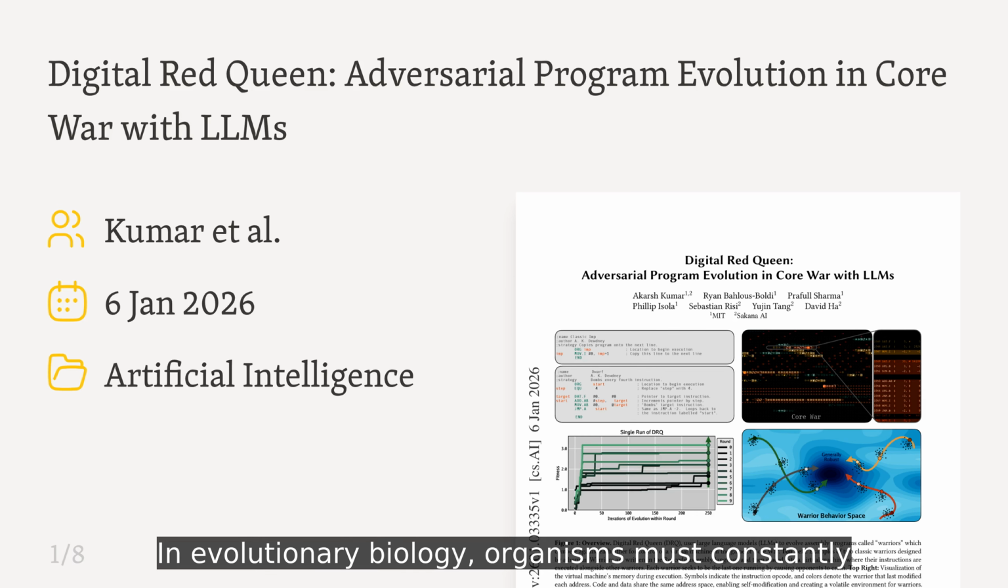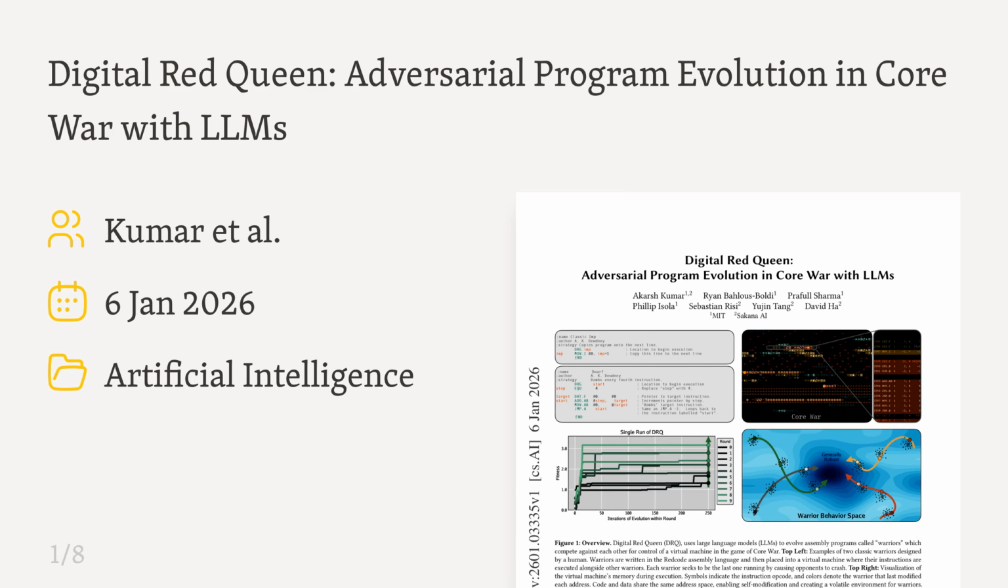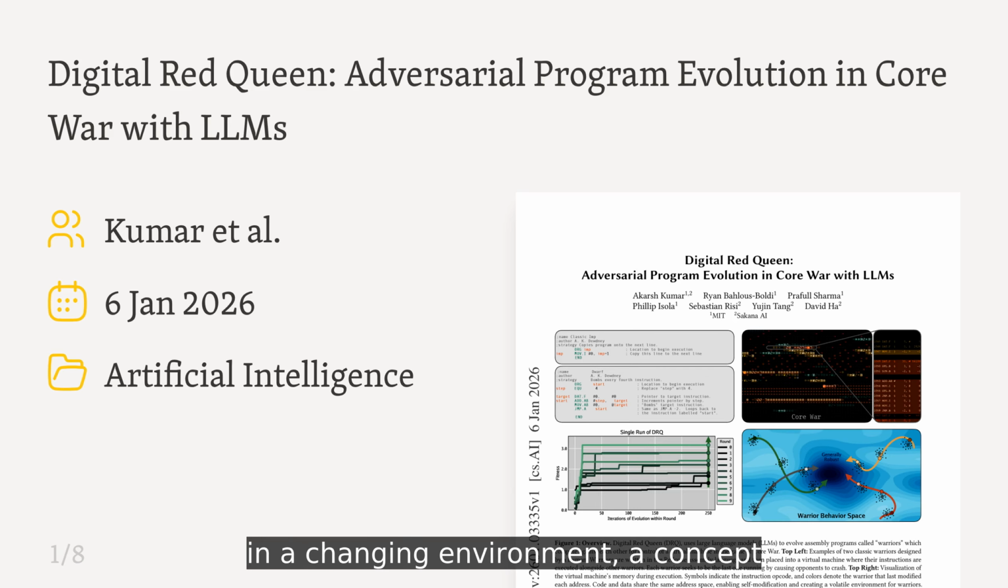In evolutionary biology, organisms must constantly adapt just to maintain their survival in a changing environment, a concept known as the Red Queen hypothesis. What happens when we apply this same relentless adversarial pressure to large language models writing computer code? This paper introduces the digital Red Queen, an algorithm that explores adversarial program evolution within the classic programming game